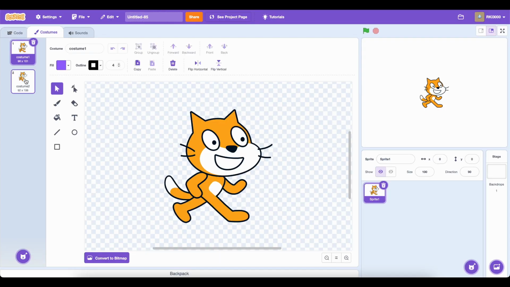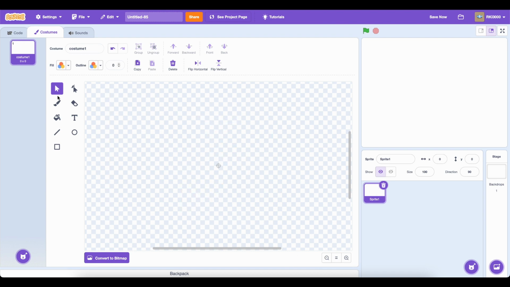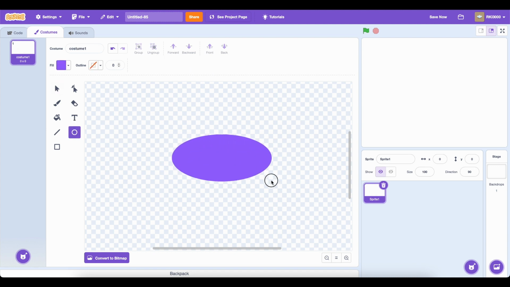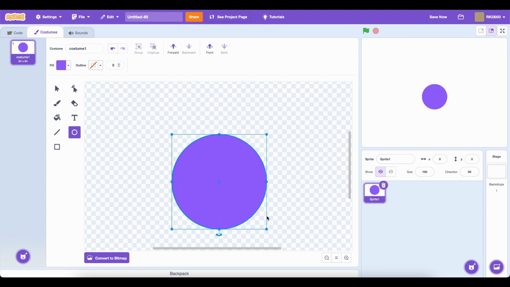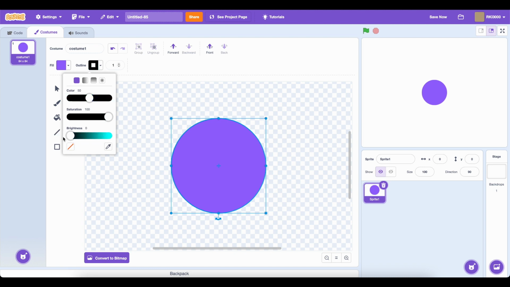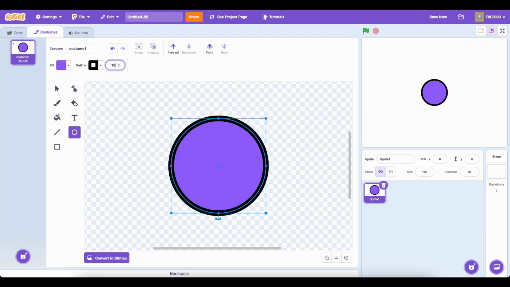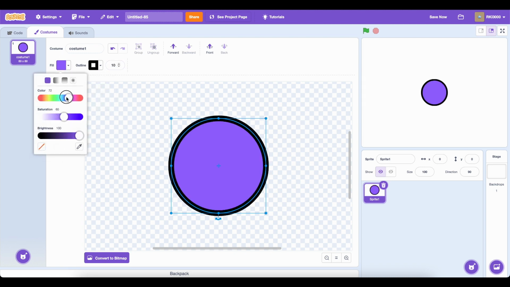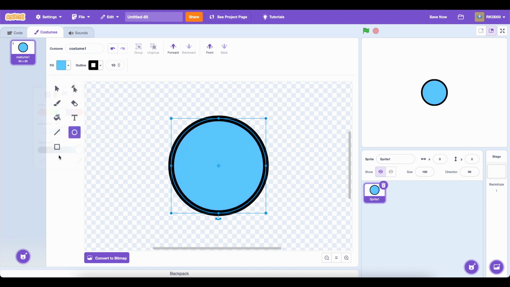So go inside costumes, then you can delete the Scratch Cat, just select it and delete it. We're gonna select the circle tool and draw a circle. You can press shift to make it a perfect circle instead of an oval. So I'm just gonna put it inside the middle, add an outline and make it 10 and make the button blue. Then I'm gonna draw an arrow,